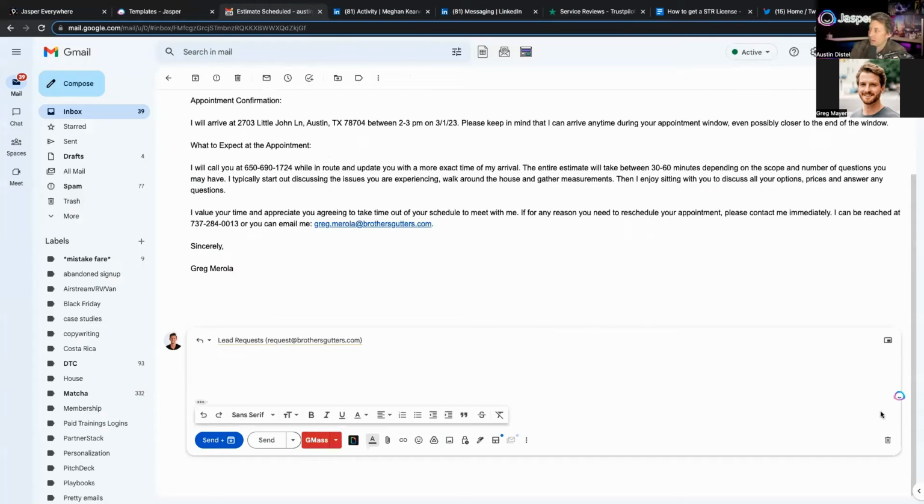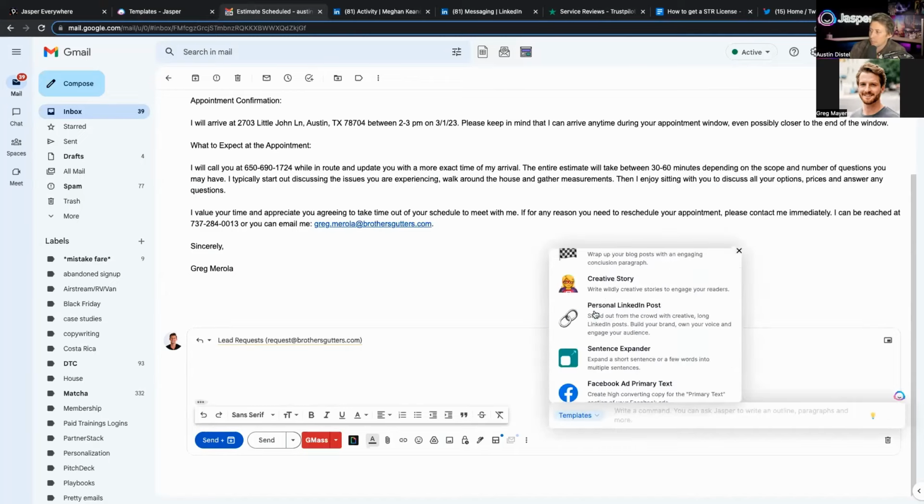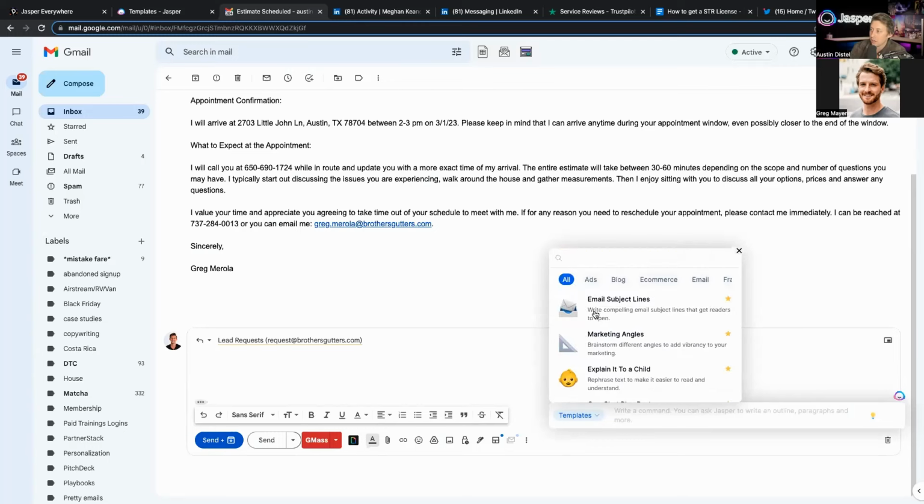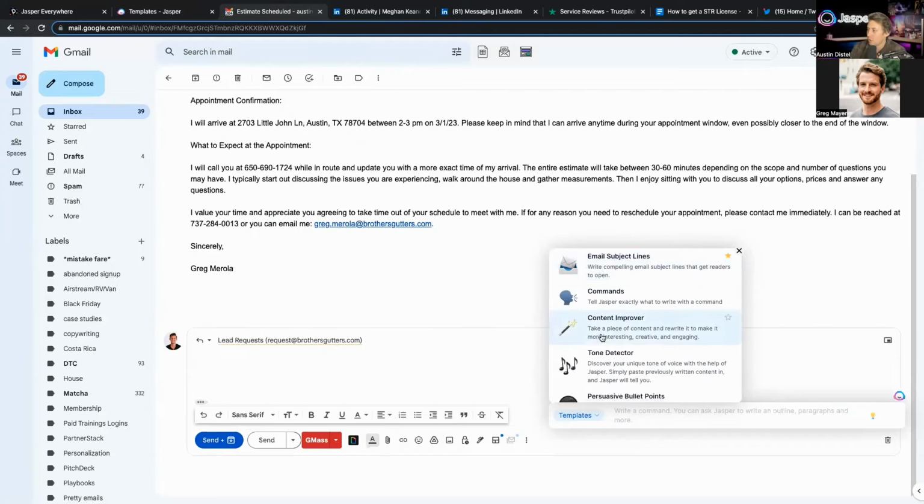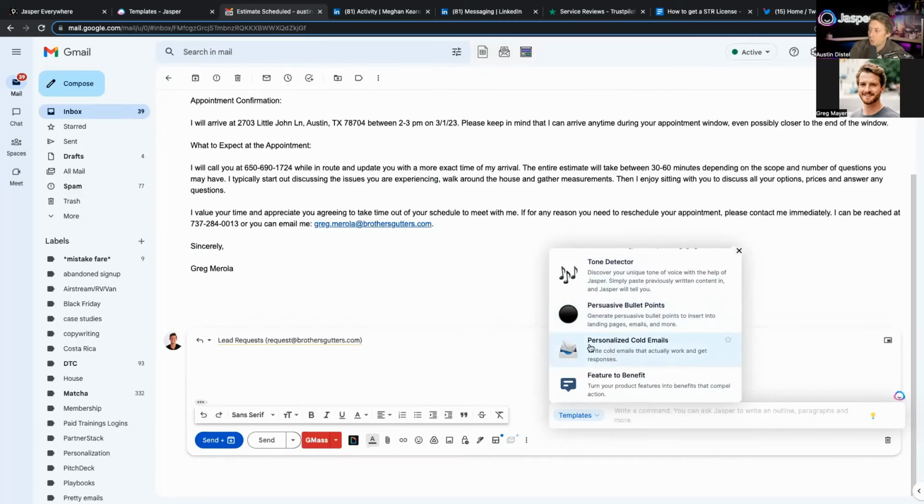Okay, once you do that, at any time, you can bring up your AI assistant, click on templates, and now all of those templates are right here at your fingertips. You can go here to email, and you can write the subject line right there. You can improve your email if you want to take a first stab at it and then have AI revise it. Often that's what I do. I'll show you a couple different ways here, even writing cold emails outbound. Let's say that you're using something like Gmass and you want to send a bulk amount of emails within Gmail. You can create that personalized email and then send it with Gmass.